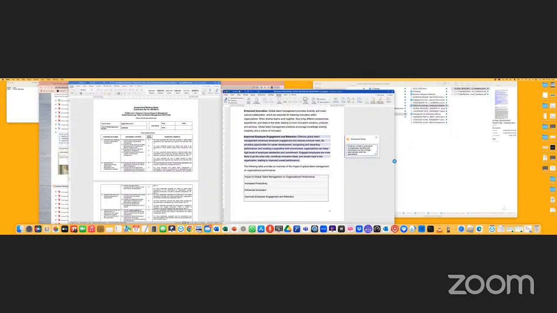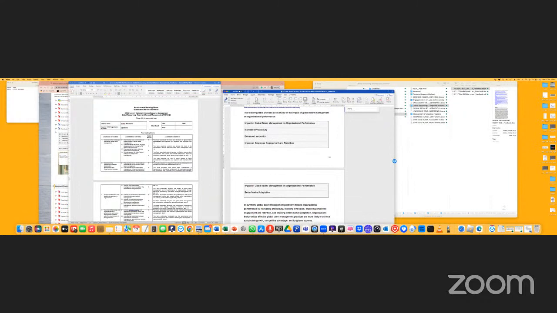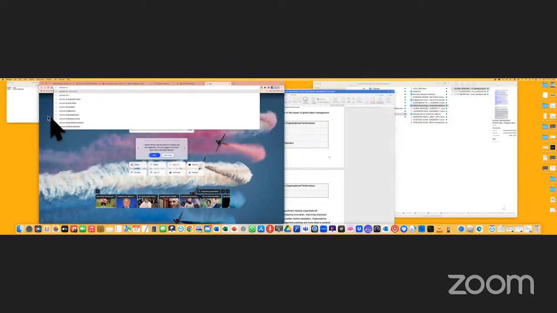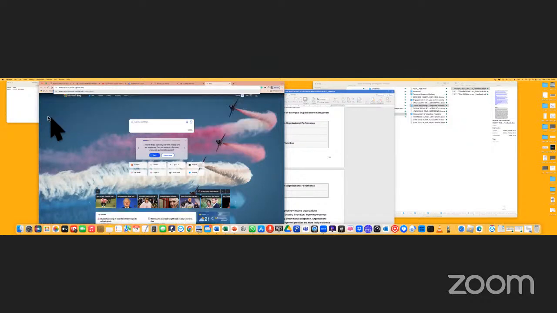The reason I put this is because I think the task has been done descriptively and does not have an example organization, although you put the table here which says how it impacts and why it is important for the organization to manage its talent globally. So when I say you need to add an example, assuming you go in and at some stage add, I'm just going to take an example from the internet, an example of Microsoft global talent management.